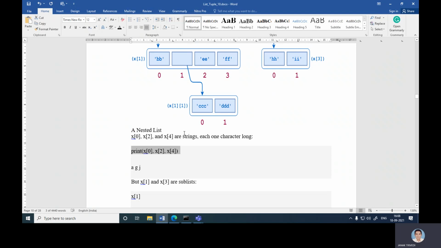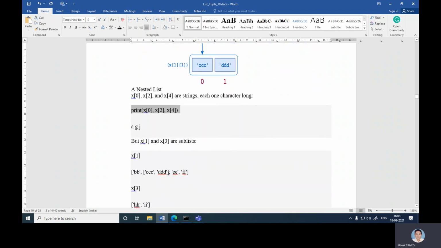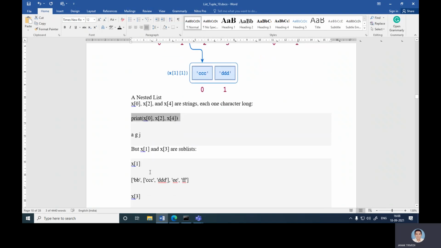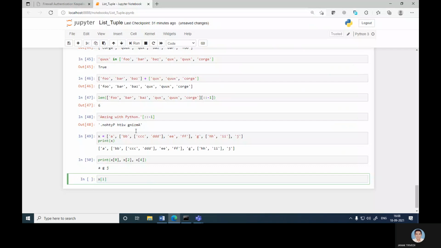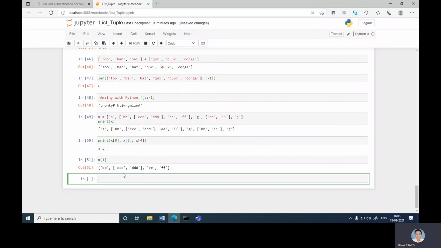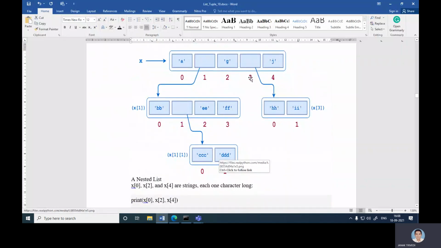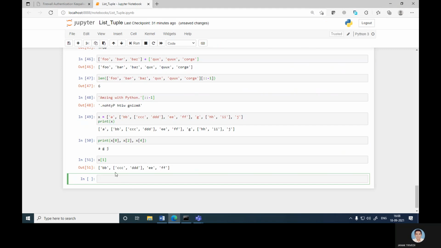So x of 1 is what? This. So BB, CCC, DDD, EE, and FF. This is a part of x1. Then x3: 0, 1, 2, 3. So x of 3 is HH, II.